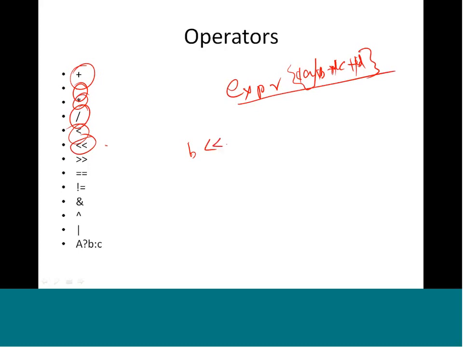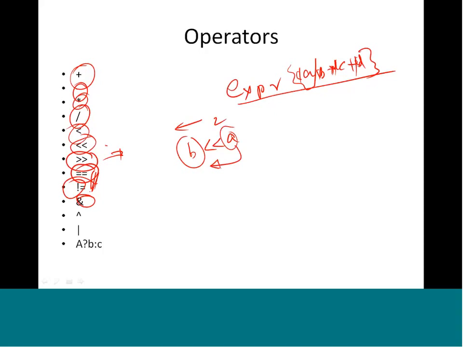So if you say A << B, it shifts A by the number of bits given by B. So if B is 2, it shifts left by 2, and this is a shift right operator, and this is the equal to as a logical operation and not equal to as a logical operation. These are relational operations rather,